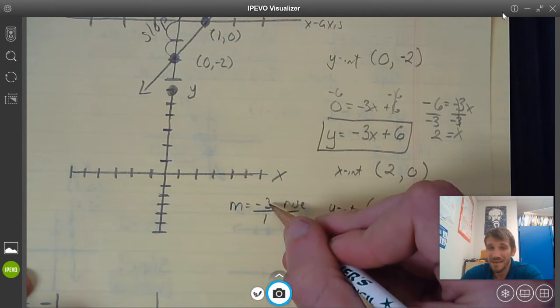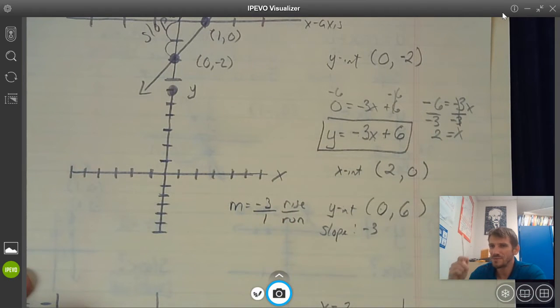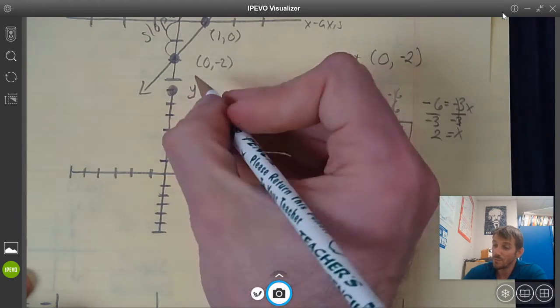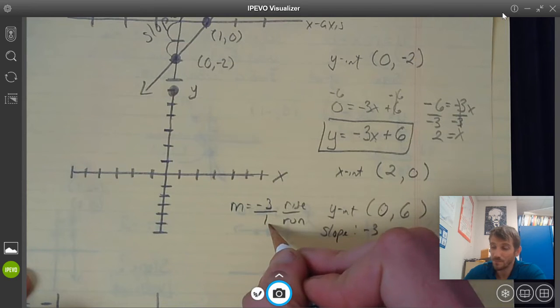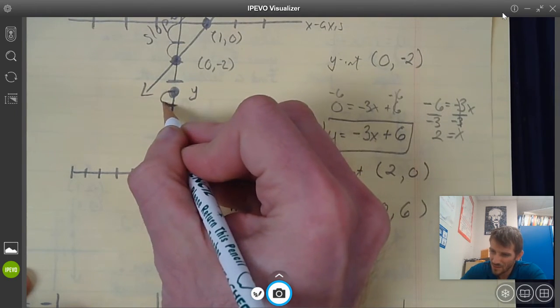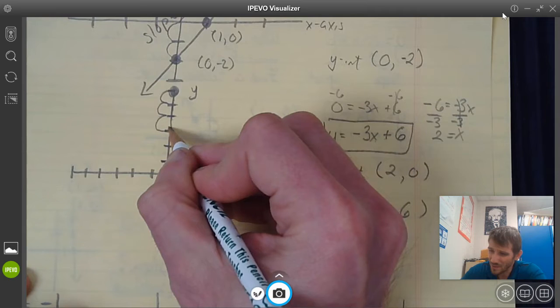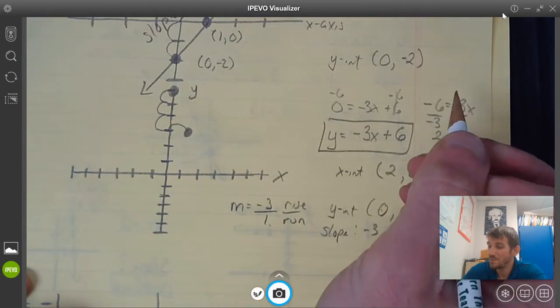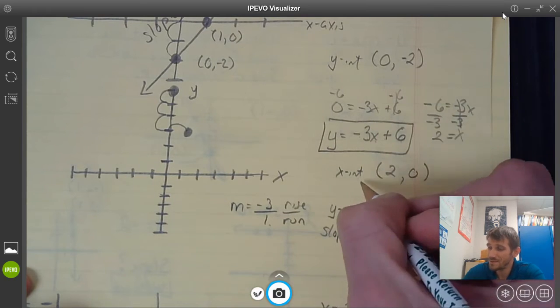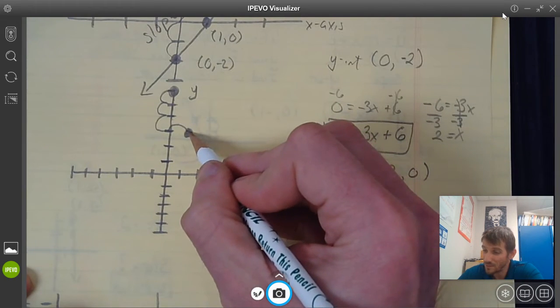How do you rise a negative number? Well, that means you're not rising up. You're actually going to rise a negative number, which means you're dropping down. So from our point, we should be dropping down 3 and right 1. So down 3 to the right 1. And there's our point. Notice that doesn't hit our x-intercept, but we could do it again. Go down 3,